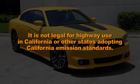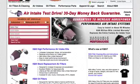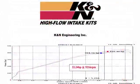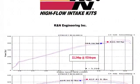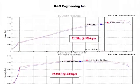It is not legal for highway use in California or other states adopting California emission standards. Check knfilters.com for an up-to-date list of models this air intake fits and for a list of other CARB adoption states. K&N power testing showed an estimated power gain of 22.2 horsepower at 5,216 RPM with the